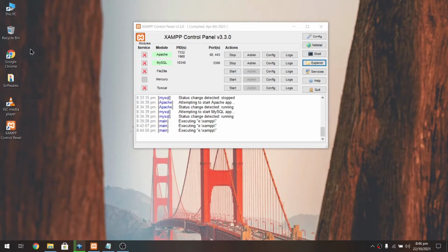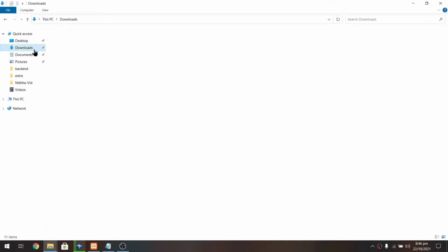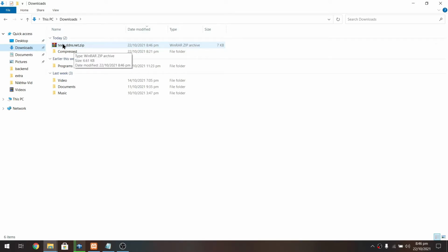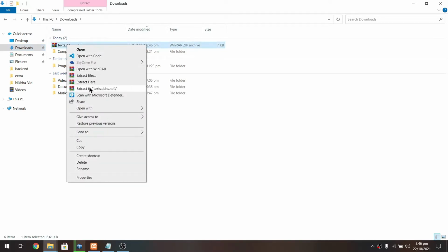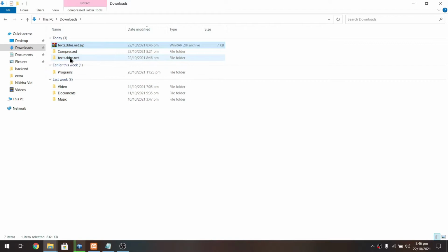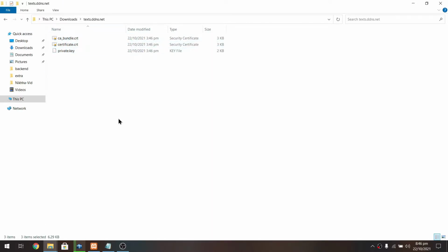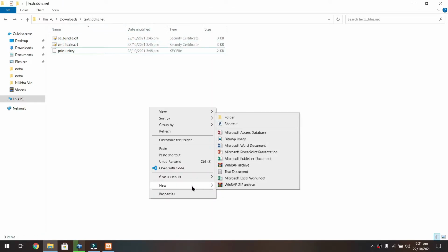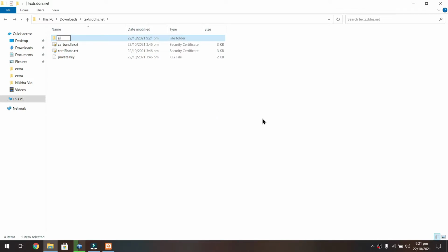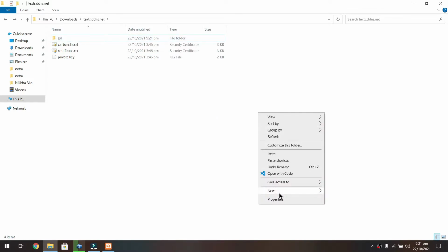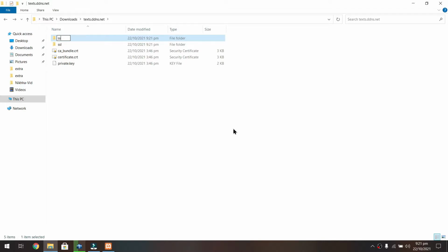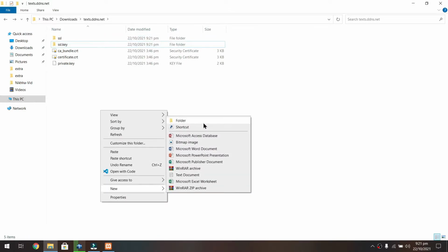Now first you have to go to your downloads folder. Here you have to extract this zip file which you have downloaded. Okay, so now open this folder and you get these 3 files of certificate. Now create a new folder SSL, and then create another new folder named ssl.key, and then create another new folder which is named